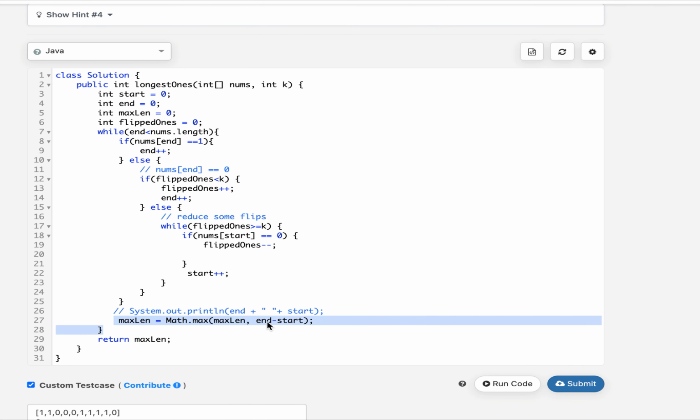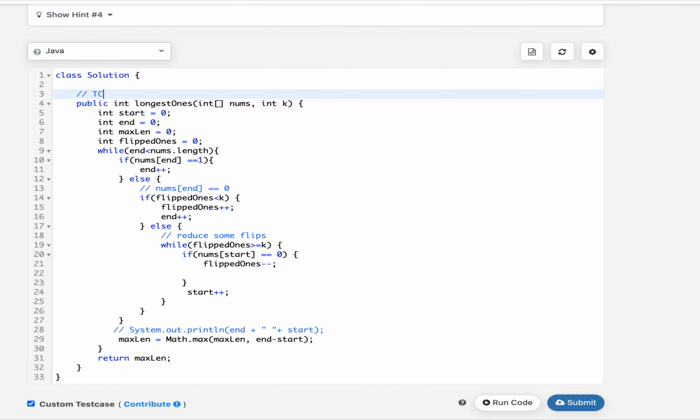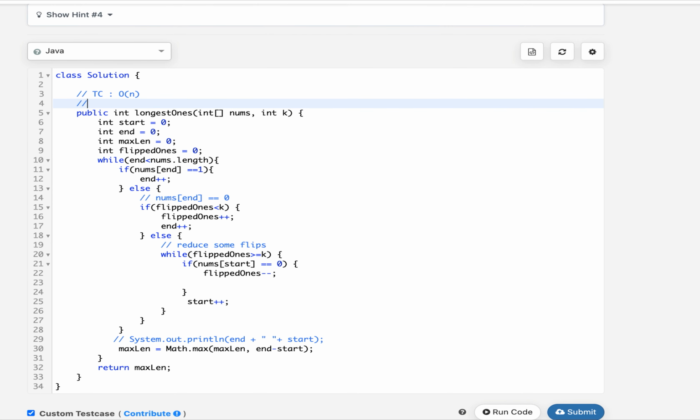In the end, we simply check the current length, which is given by end minus start, versus the previous max length. We always choose the maximum length. We return the max length variable. The time complexity of this approach is order of n. The space complexity of this approach is order of 1.